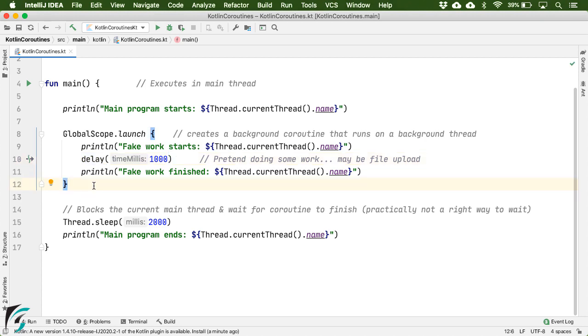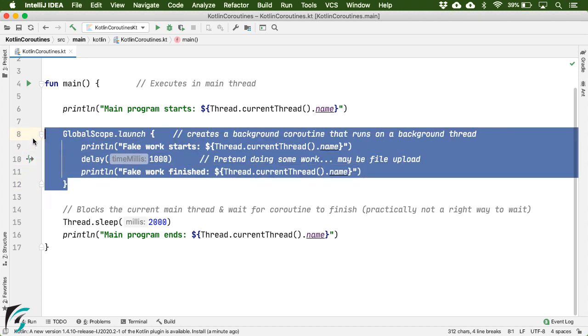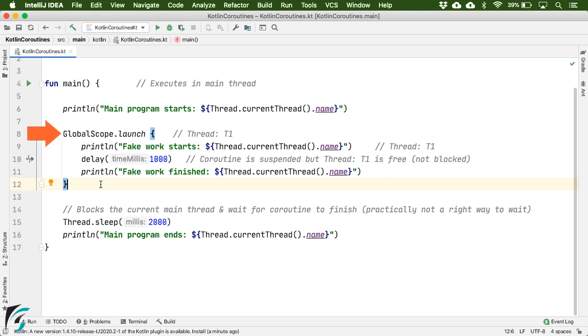Now moving on, I want to talk a little bit more about this delay function. How does it work? Let us start from the beginning. When we launch a coroutine, let us assume our coroutine starts on a thread named T1. So the next statement will of course execute on thread T1, right? But when this delay function is executed, it suspends, or pauses, the coroutine.